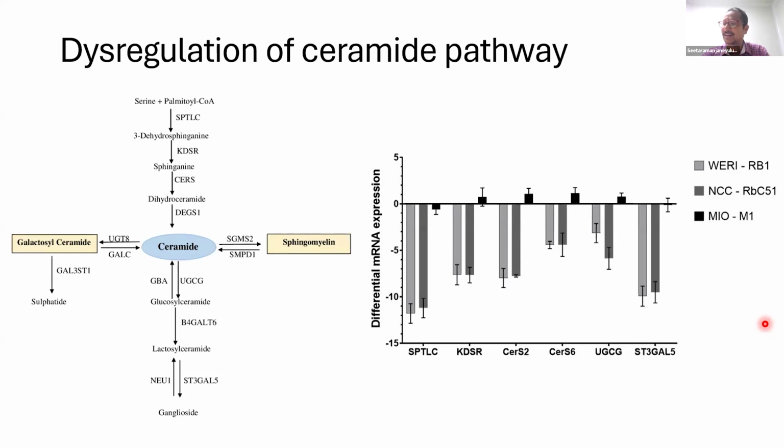Oxaliplatin resistant colorectal cancer cells have seen upregulation of hexosyl ceramide, and drug resistant ovarian cancer cells also saw upregulation of hexosyl ceramide. So if we study more on the ceramide pathway, maybe we can identify more targets, and we can understand RB